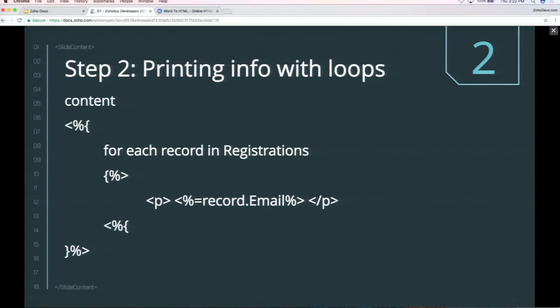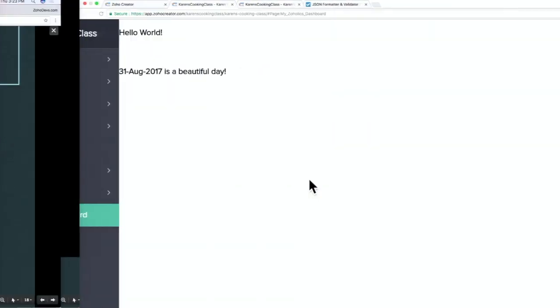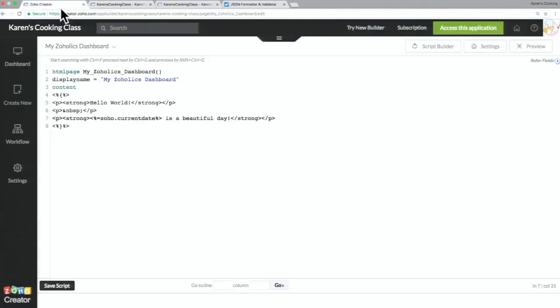And then you have some HTML. You can see the paragraph tag, the p tag. The p tag is also going to be there, and we are going to have the Deluge variable. So let's do that in the actual application. So I'm going back to the same application. So here,